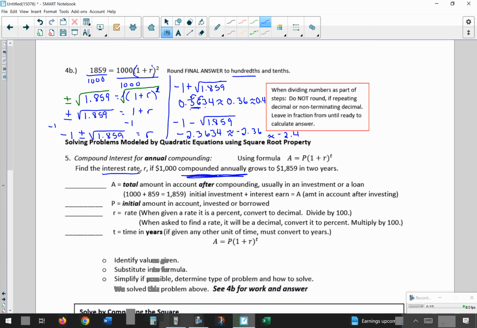In our compound question, we have a different variable we're working with. We have A, and the A stands for the total amount that's in the account. So it's the principal that's in there plus any interest that you earned. So that